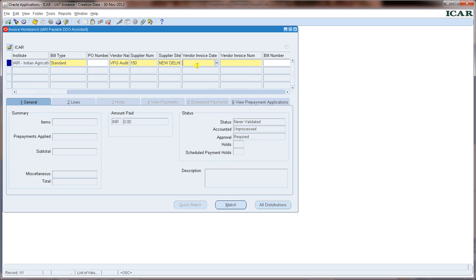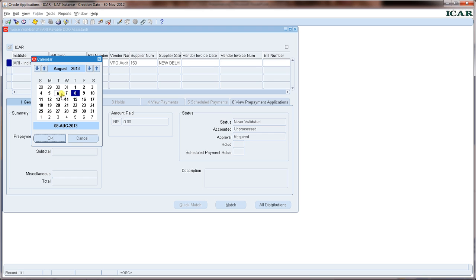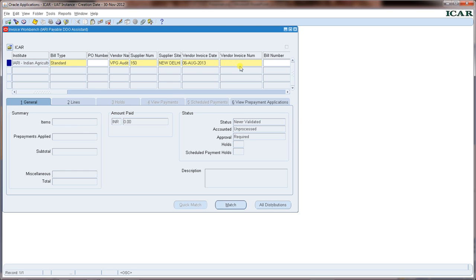Since the DDO assistant shall receive the invoice within the bill file, with the help of that invoice, he will be entering the vendor invoice date, the vendor invoice number. Move the screen to the right.